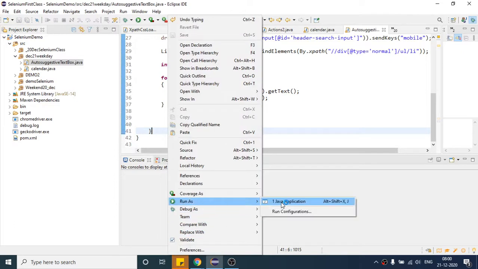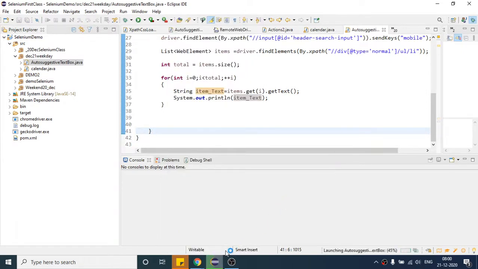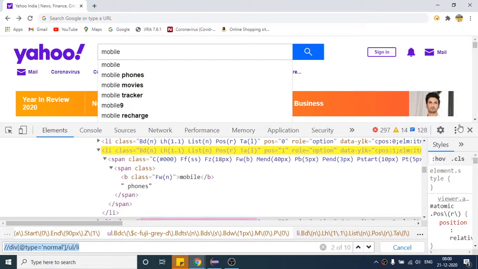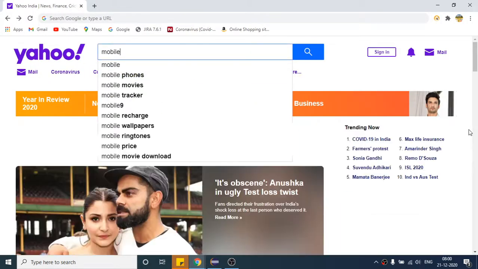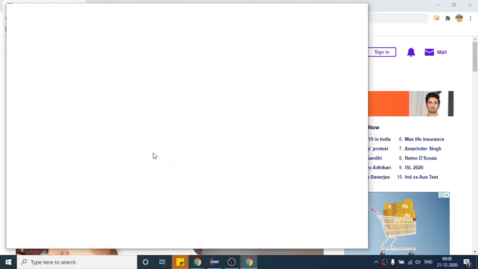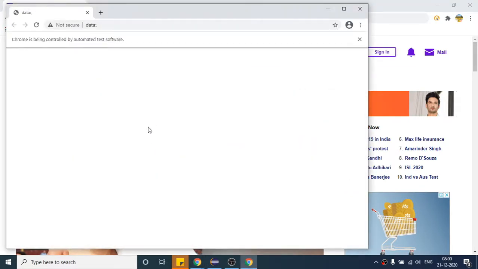So run as Java application. So it should first enter the mobile. When it will get all the items, because for all the items this will be same XPath, so it should print all the elements in my output.